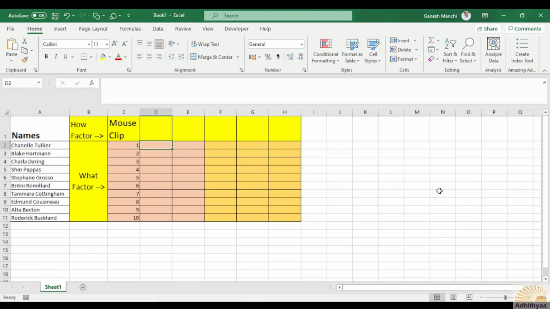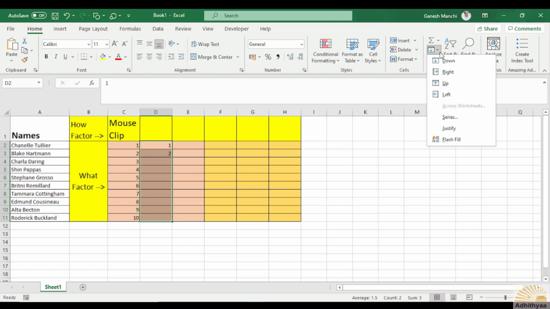Again, type number 1, type number 2, and then select the entire cells and go to the Home tab and then under Editing you will see the fill options.